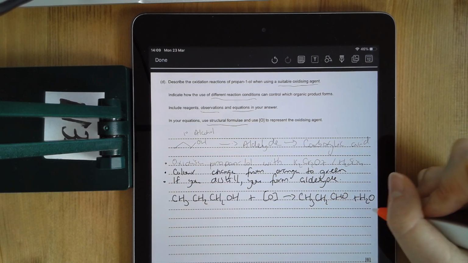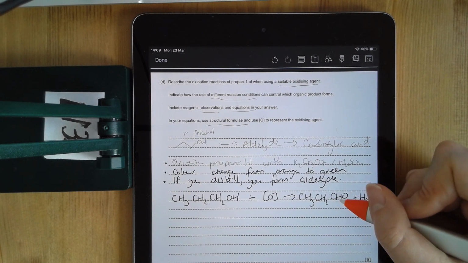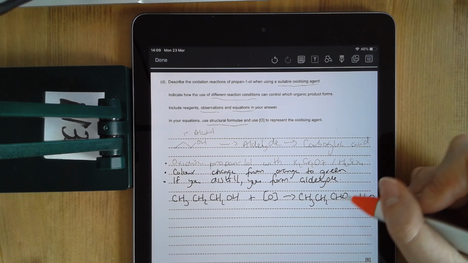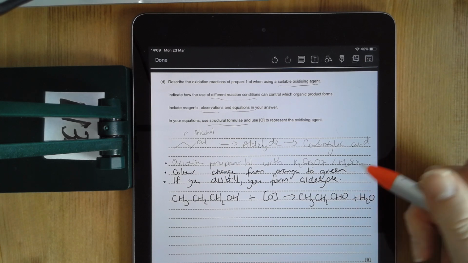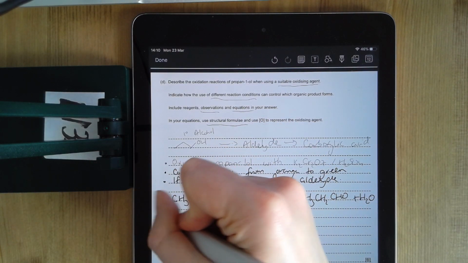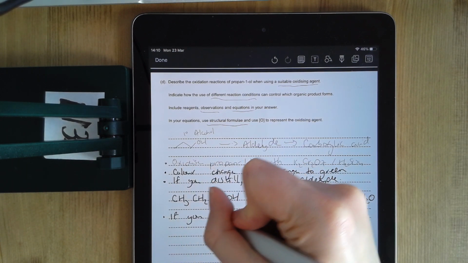Again, on the mark scheme, it said most people forgot the H2O, or that they wrote the aldehyde but didn't have the CHO at the end. You can't write it as COH because it looks like it's an alcohol. When it's an aldehyde in structural formula, you have to write it as CHO. Okay? My other option, if I want to go to the carboxylic acid, if you reflux,